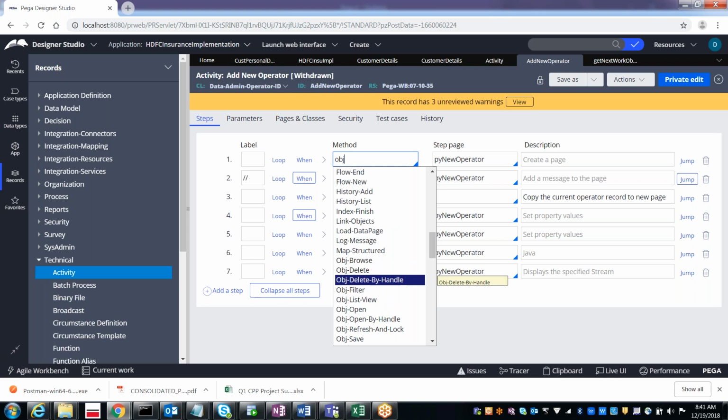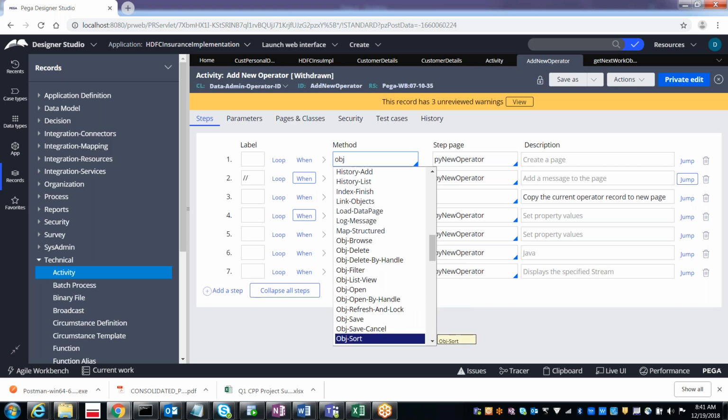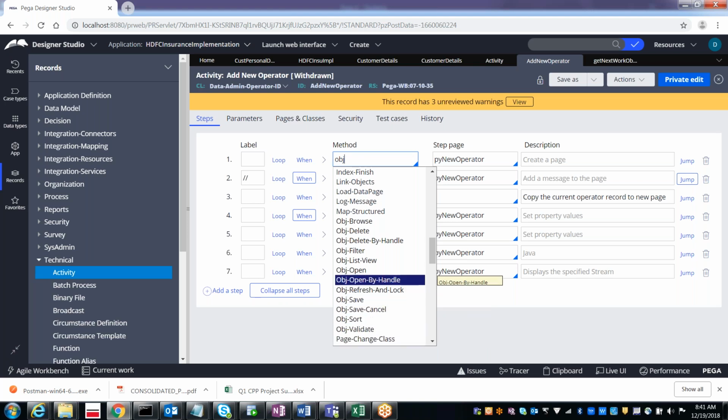Obj-Delete-By-Handle is also a kind of deletion, but if you know the primary key of that particular table, then we can do it through Obj-Delete-By-Handle. Then Obj-Filter, Obj-List-View, Obj-Open-By-Handle, Refresh-and-Lock, Save, Save-Cancel, and sorting if you want to do it. Likewise, there are various Obj methods available for performing the database operations.